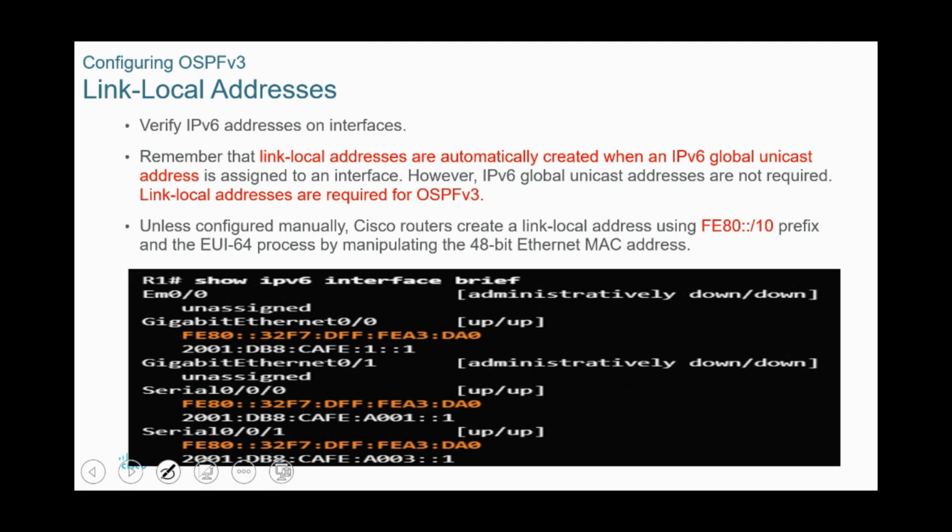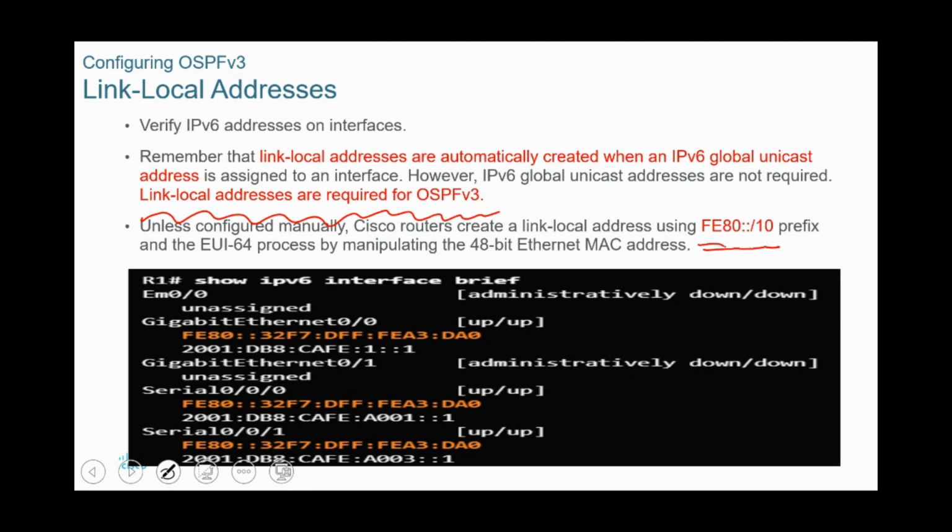So let's move on to the link local addresses. In order to verify the IPv6 addresses on the interface, remember that link local addresses are automatically created when an IPv6 global unicast address is assigned to an interface. However, IPv6 global unicast addresses are not required. Link local addresses are required for OSPF version 3. Let's configure manually. Cisco routers create a link local address using